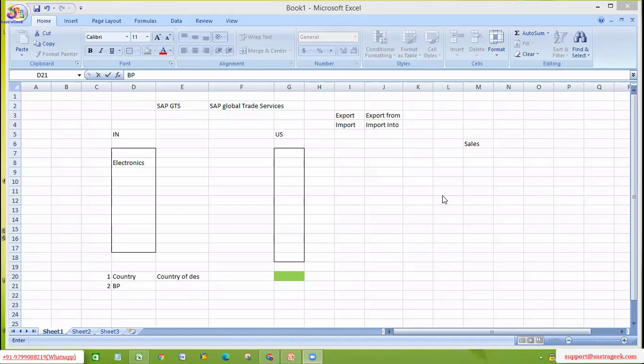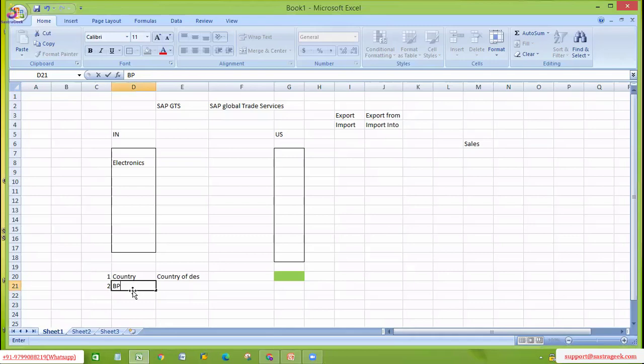I'm not coming to SAP GTS yet. I'm just talking in general. In general, I took an example. I'll come to SAP GTS. Okay. Now, the second question which came to your mind is, can we trade with so and so business partner or not? Why? Again, due to some reason,